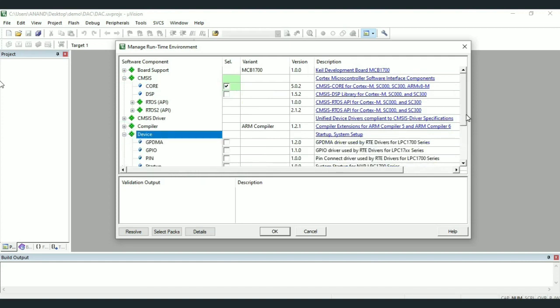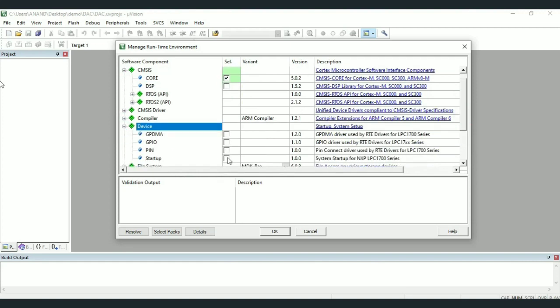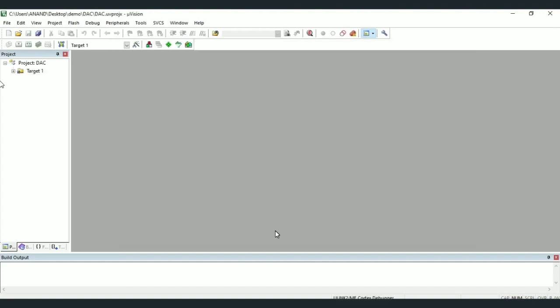And then we need to expand device and select startup. We can see that project DAC is created, inside the folder DAC, which is inside the folder Demo, that is available on desktop.